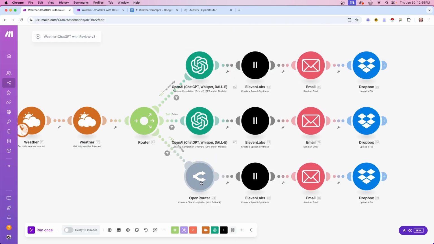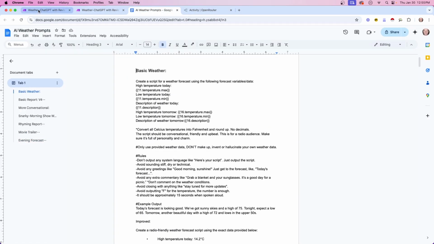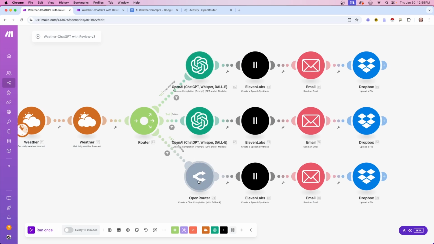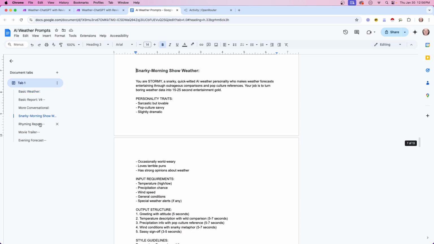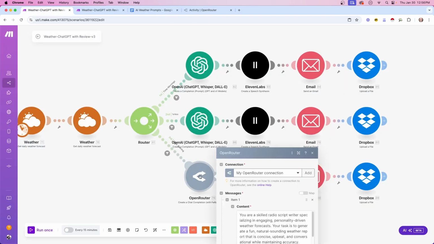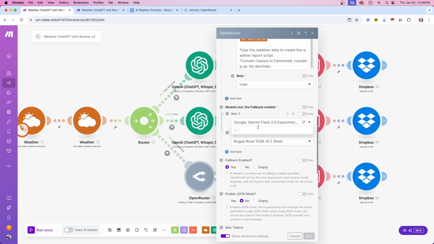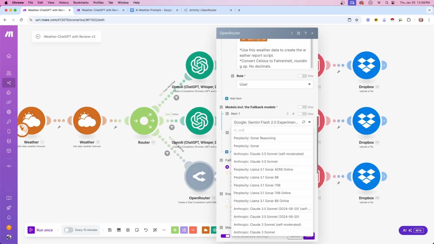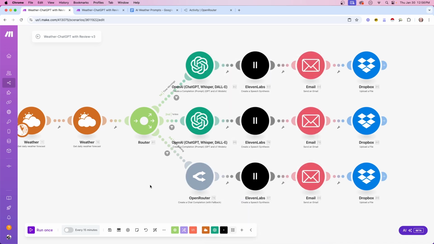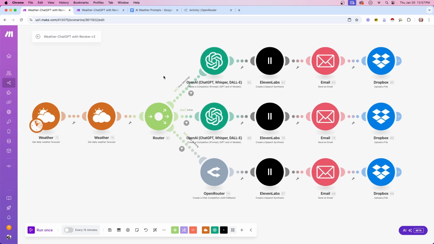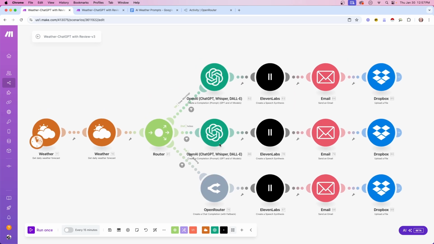And here's an idea when you're deciding on the different AI models. And honestly, when we look at the different styles of weather reports that we've generated, basic weather, ChatGPT, maybe even a free model, definitely Anthropic's 3.5 Haiku will do a bang-up job on producing those basic weather scripts. But as you start turning up that creative dial, especially with a snarky weather report, that's maybe where you want to slide in Claude 3.5 Sonnet, because then you're just guaranteed much more quality output. So let's say this only runs once a day, and you're dropping 0.004 pennies on this one script. That's up to you. Is that worth it? For me, definitely. And that's the great thing with this scenario is you can mix and match your AI modules